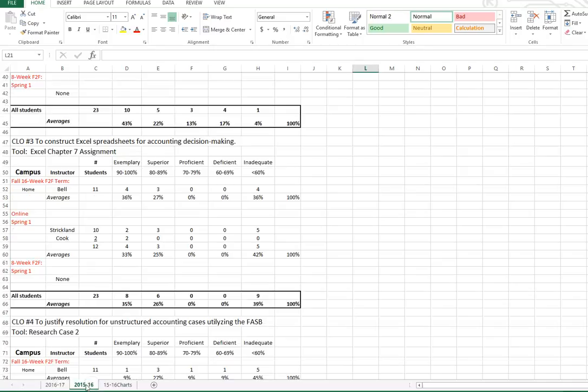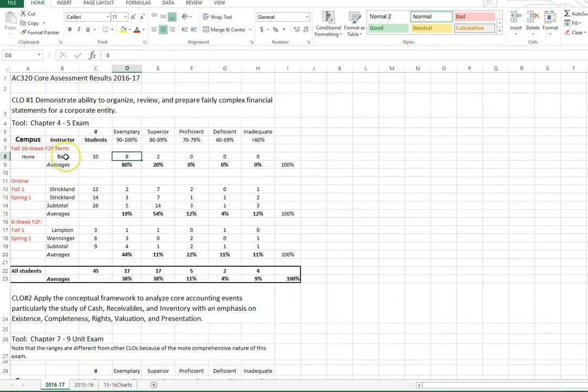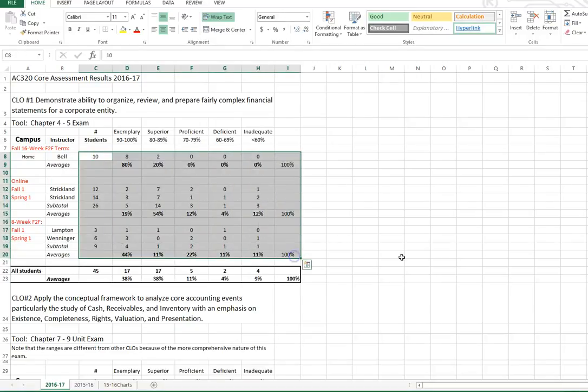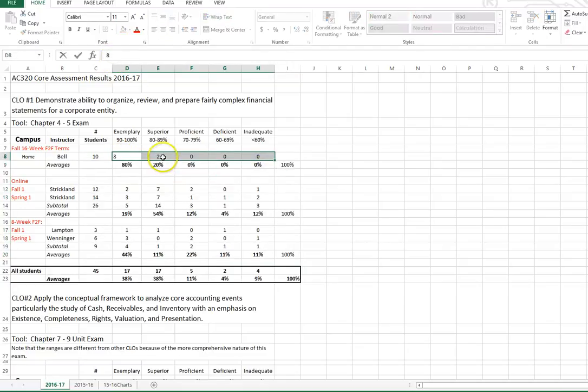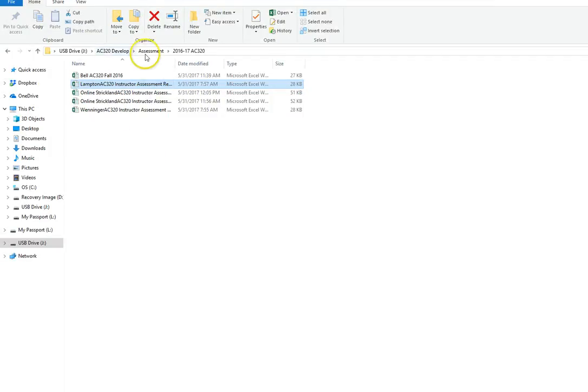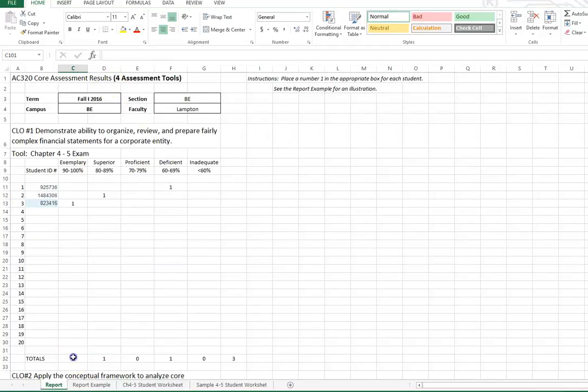Okay, so this would have been copied over here, and what I would have done then is I would have gone in and deleted all of this. So what I have highlighted, I would have deleted that, and then I would have gone to the instructor sheets that they submitted to me and copied and pasted in here. So it looks like I typed it in, right, this 8 and 2, but I actually didn't. If I go to, here's my file for Accounting 320, let's look at Jolene's. All I would have done is highlighted her 5 numbers, right-click to copy,